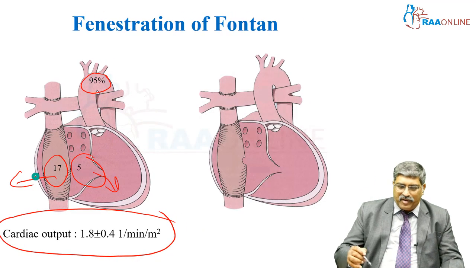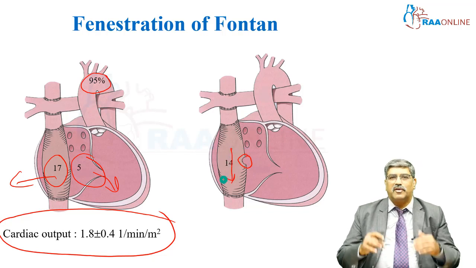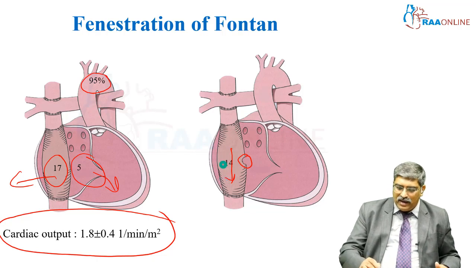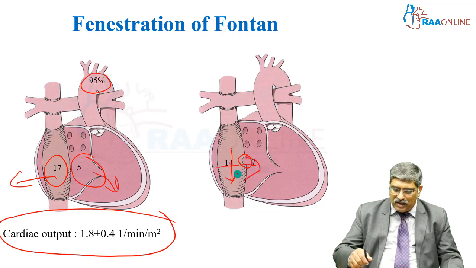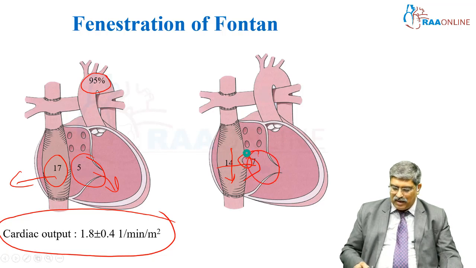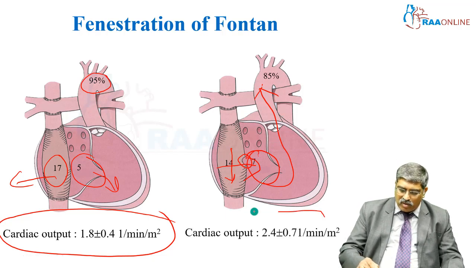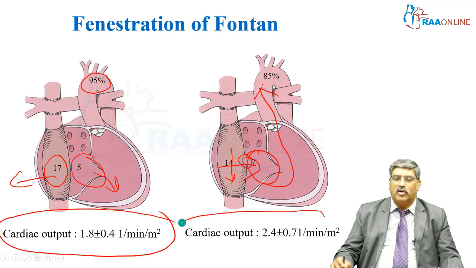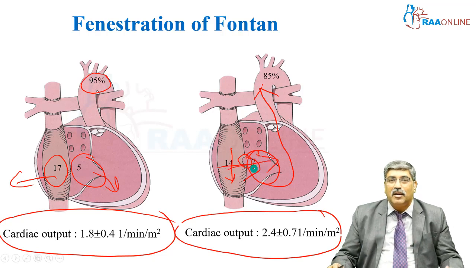By creating a fenestration, now your Fontan pressure comes down. From 17 it comes down and it goes into the systemic ventricle, and the ventricle pressure increases from 5 to 7, and this increases your cardiac output to 2.4 liters because the volume is diverted to the ventricle, but at